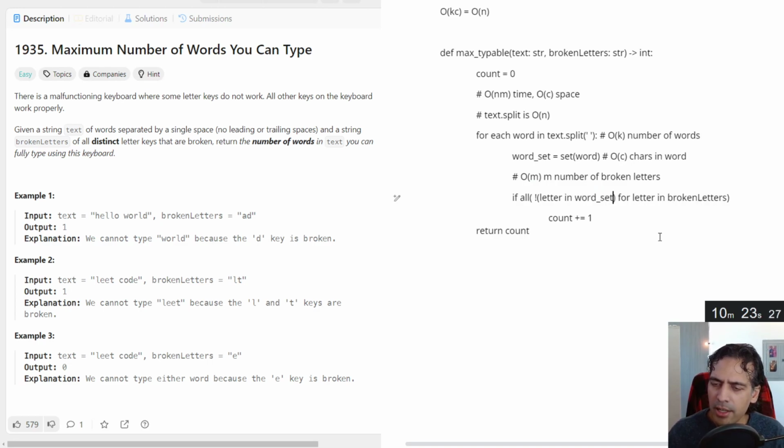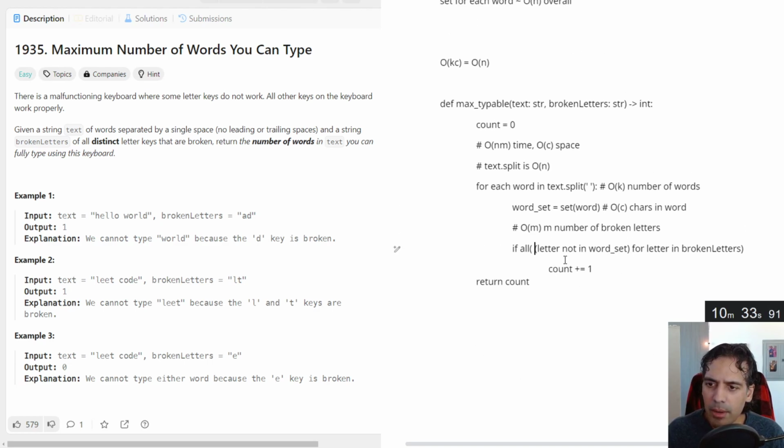And I think we're allowed to do not that way. I'm not entirely sure. Can we do not in? If you're writing this with the interviewer, they can probably just say that's okay or not. We'll have to see what Leetcode has to say about this. So letter not in word set for letter in broken letters, all of that is true. Then we add to the count.